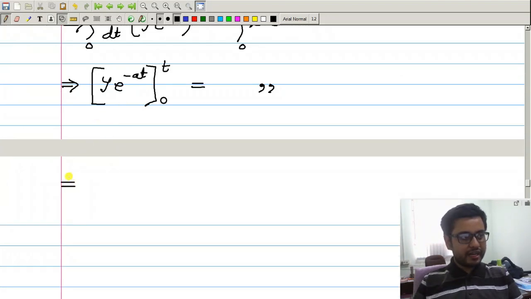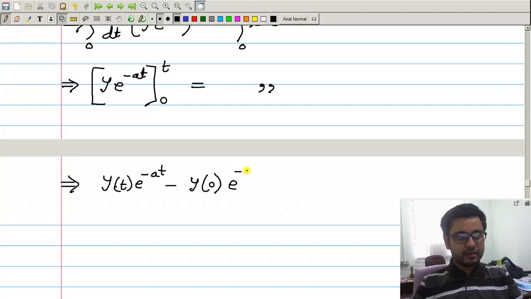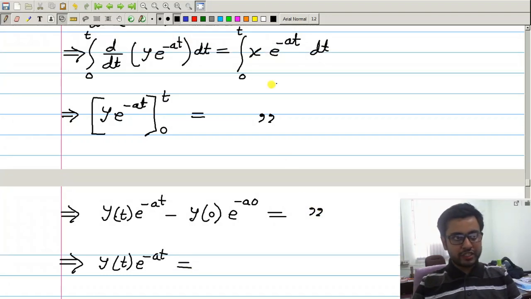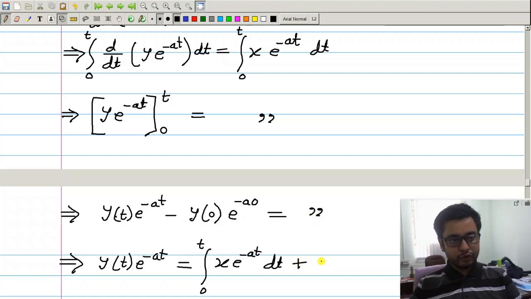From this we can write y(t) e to the power minus at minus y(0) e to the power minus a0 is equal to whatever we have in the right side. From this we can get y(t) e to the power minus at is equal to this right side term, and bringing this term to the right, we shall have y(0) e to the power 0, which is 1,